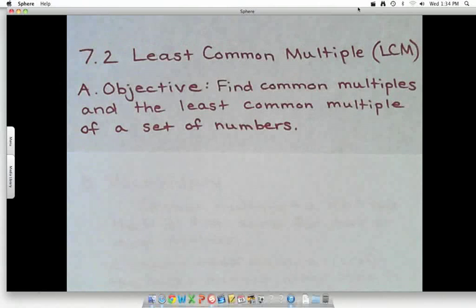This is Mr. Cardinal here with Lesson 2 of Chapter 7, which talks about least common multiples, better known as LCM. The objective for today's lesson is to find common multiples and the least common multiple of a set of numbers. Now, just to review what a multiple is, if I were to ask you what the multiples of 2 are,